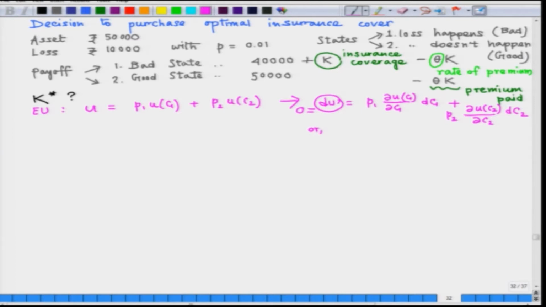So, we can write the slope as minus of P1 times del u del C1, P2 times del u del C2. Now, if we are talking about MRS,